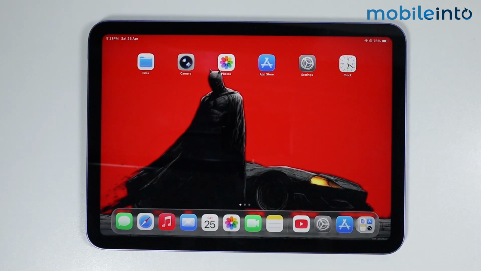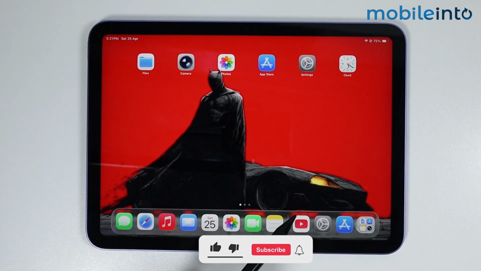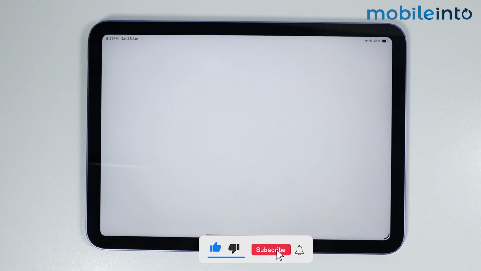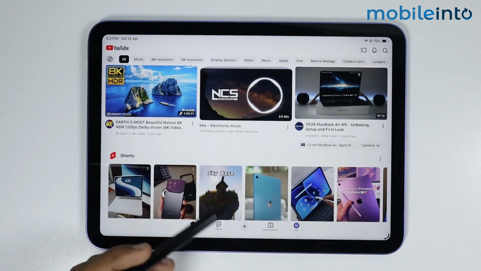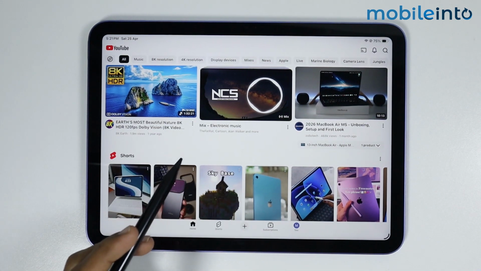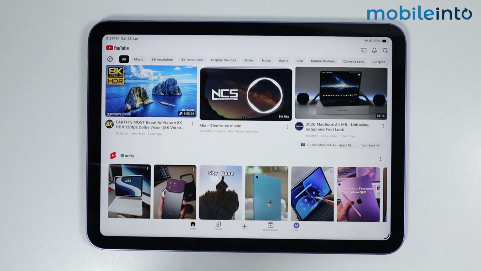In this video, I will show you how you can lock the screen on any iPad. Now there are two methods to do so. The first method is if you want to lock the screen on a specific app. For example, if you have opened YouTube and you don't want to leave YouTube on your iPad. And the second method is if you want to open an app and you want to disable the touch on